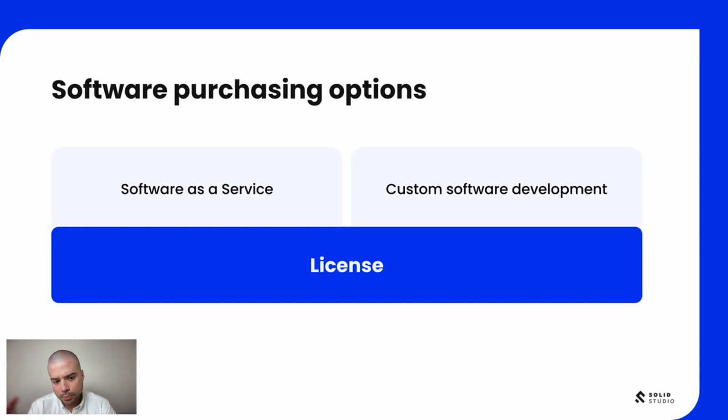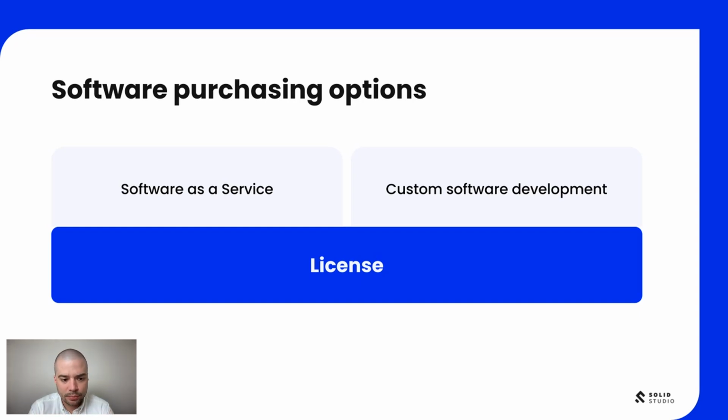On the total opposite is building something from scratch, so custom software development, where you invest heavily from the time and resourcing perspective to build your own platform. Of course, nowadays it is possible to still do custom software development, but using some commoditized products like OCPP or OCPI implementations that can speed up the development process. Nevertheless, the investment is quite heavy there. I'll go there in a second.